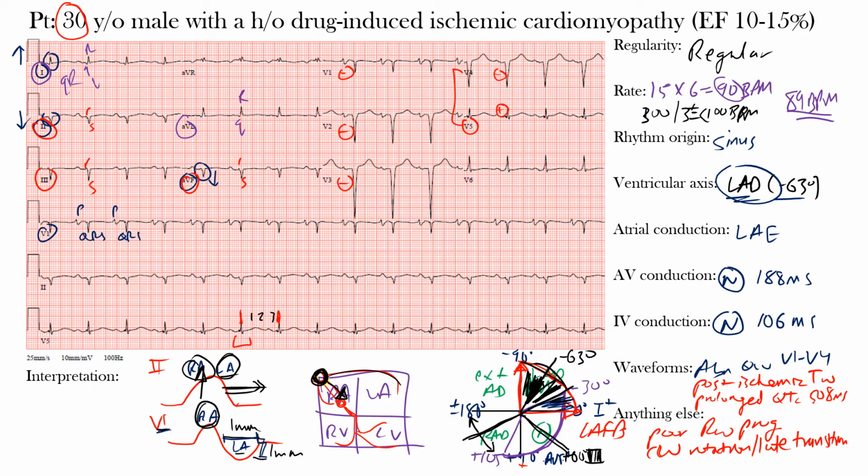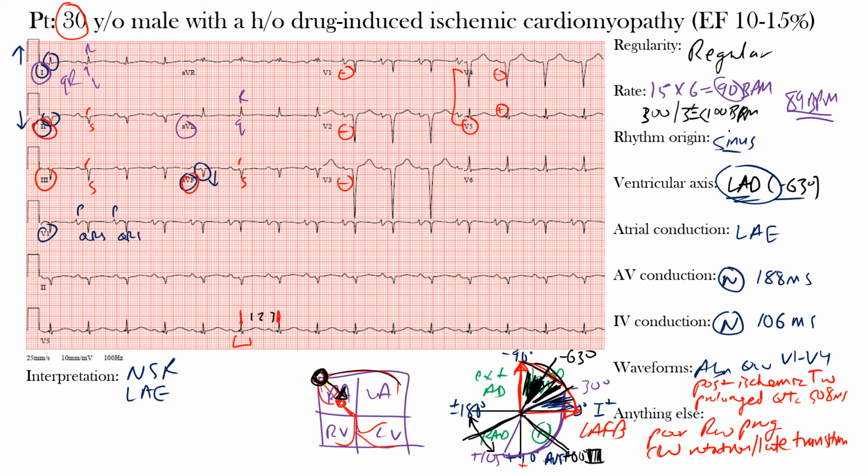Okay, so let's just write our final findings. So I'll erase this here. Okay. So one of the main things, notice that we have normal sinus rhythm because we have a sinus origin and a normal rate and regular rhythm. So normal sinus rhythm. Okay. We also mentioned the left atrial enlargement. We mentioned left anterior fascicular block. Okay. There's that prior anteroseptal infarct or MI. Okay. And then we also mentioned the prolonged